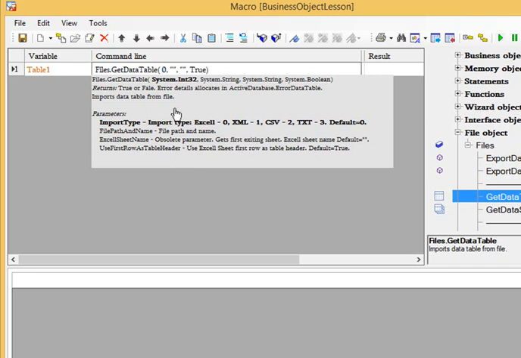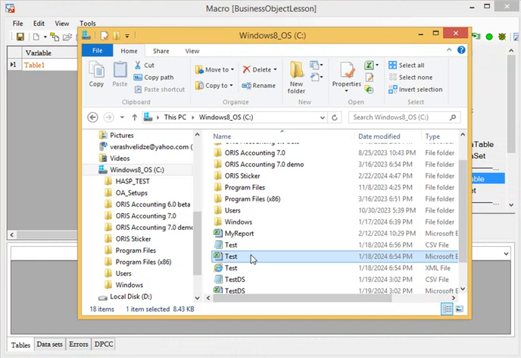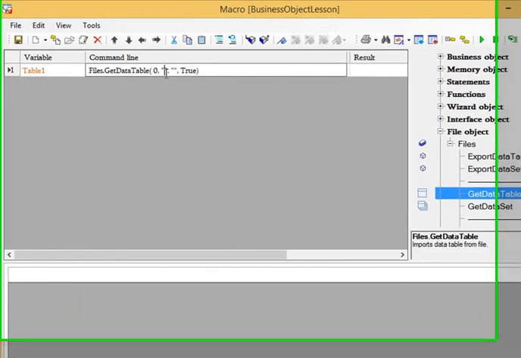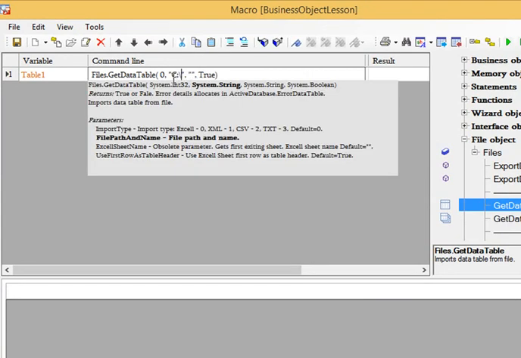And the next parameter is file path and name here as well. Now let's get data from this file, which was previously exported into Excel. So in this parameter, we should specify location and name of this file. This is C drive test, and we need extension as well,